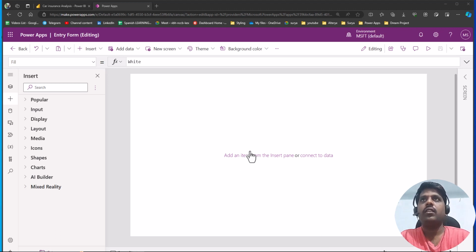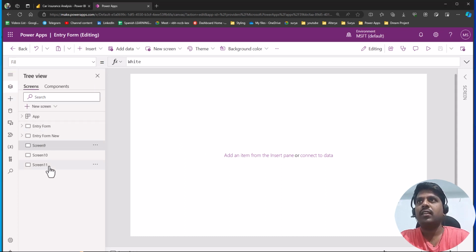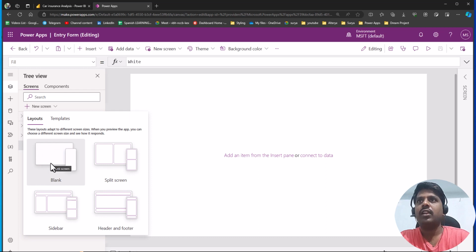Hello everyone. Today we shall look into the power controls which are present in the Power Apps. Here we have an empty screen. I have taken a few empty screens. In order to create a new screen, click on this new screen and you can click on this blank,